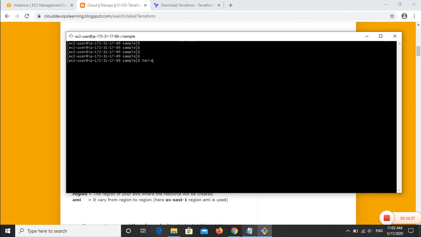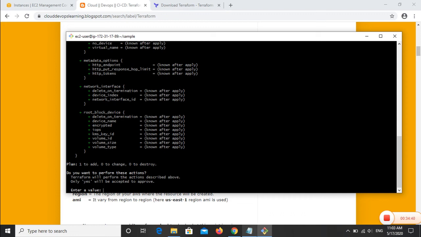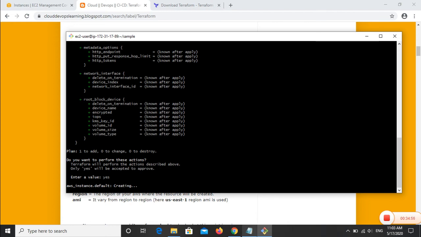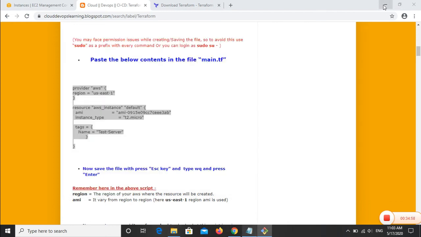Now the last and final command to apply the changes is terraform apply. So for this, we will run terraform apply and it will create our resources. First it will ask for the value whether we want to create or not. There we have to put yes. So we will provide a yes for confirmation, and you can check the message.